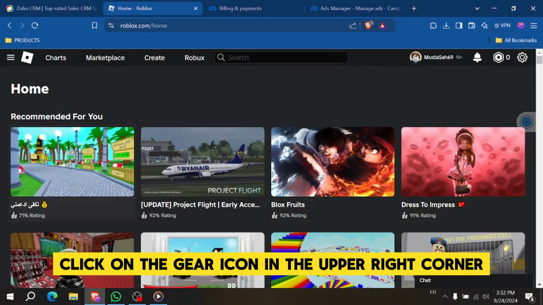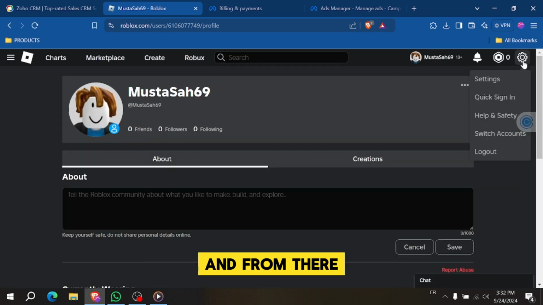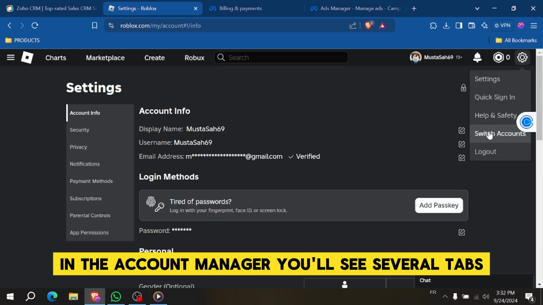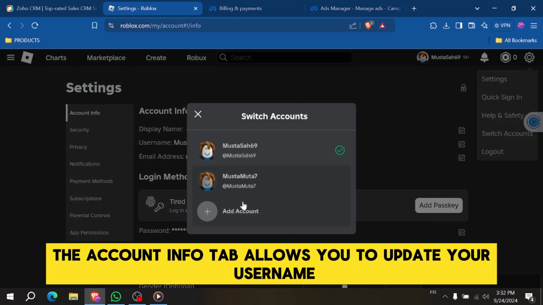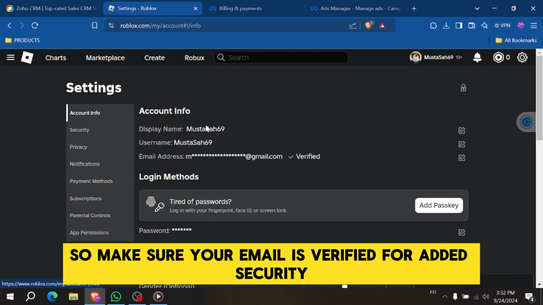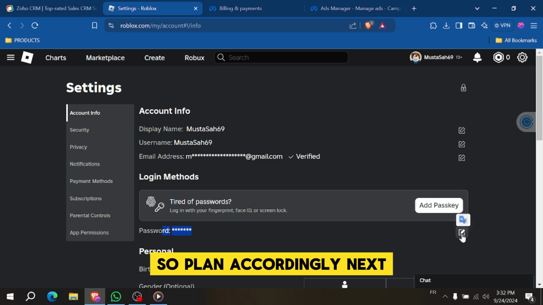Once you're logged in, click on the gear icon in the upper right corner to access the settings menu, and from there select settings to open the account manager. In the account manager, you'll see several tabs. The account info tab allows you to update your username, email and password, so make sure your email is verified for added security. If you want to change your username, keep in mind there's a fee for this, so plan